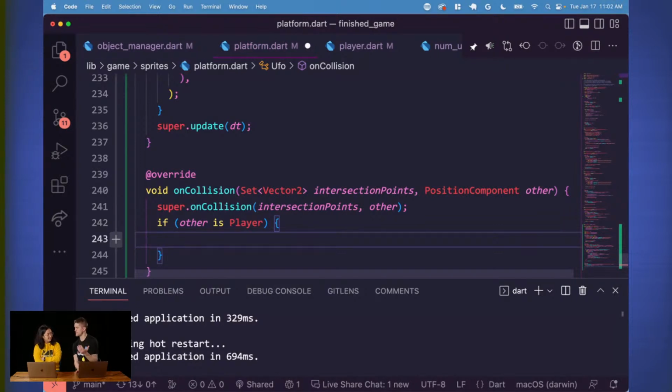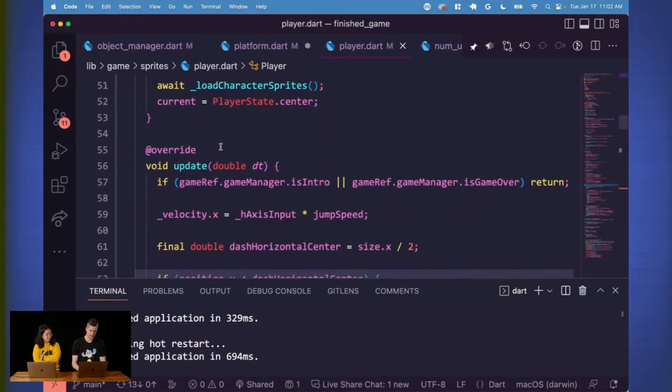what do you do? When lines of code just sound funny, like yes, there's a player. Yes. So, but if the other is a player, which will never stop being amusing,